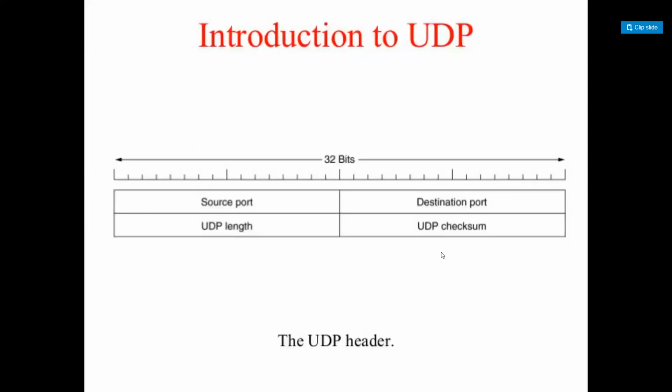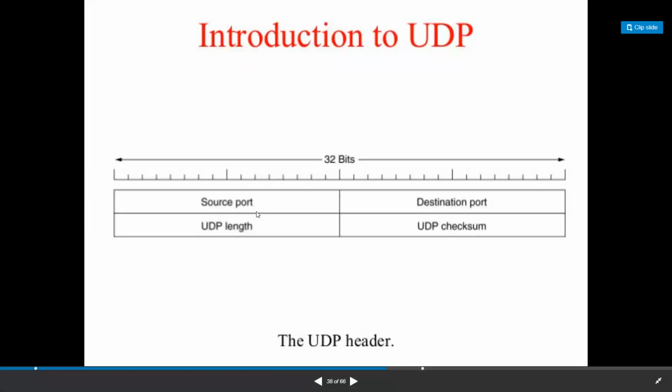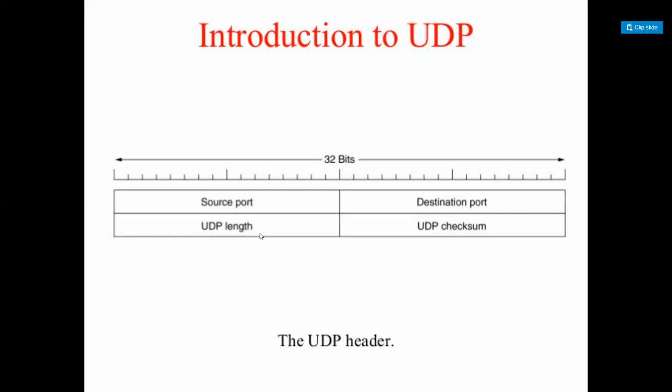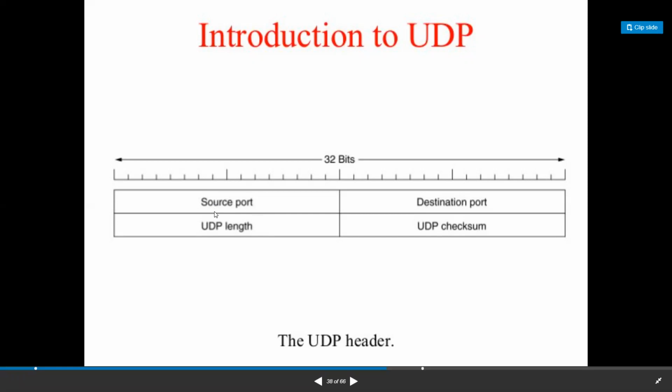See, this is the UDP header. In the UDP header, this is the only header. What information will the header contain in a packet? I told you so many times, the packet contains two parts: one is the header part and the second is the data payload part. The header part contains the source address and the destination address. Here in the header part, we are having four fields. In the transport layer, the address is the port number: the source port number and the destination port number.